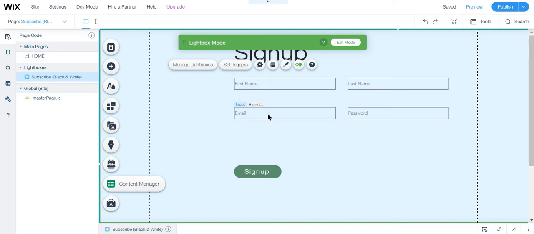Hello, welcome to this brand new series here on the channel of building a members area with Velo by Wix. That's right, with Velo by Wix. Building a members area using Velo by Wix. This is not building a members area with that